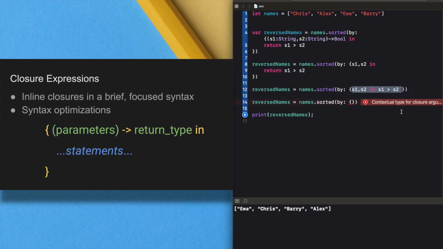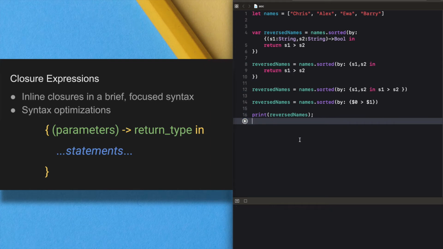Swift automatically provides shorthand argument names to inline closures, in the form of $0, $1, $2, etc. So we can use $0 for s1 and $1 for s2. Okay, this is the shorthand form. So we got the same answer.